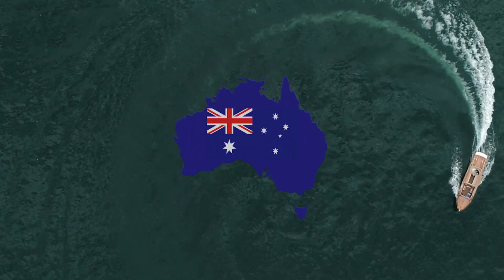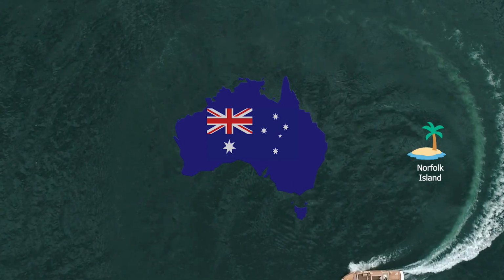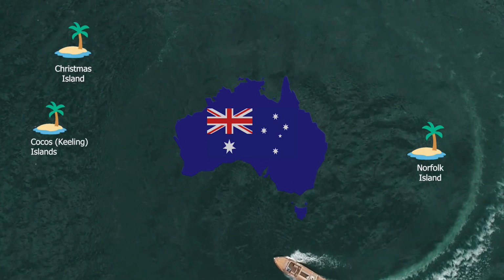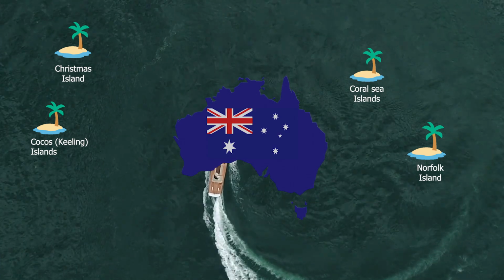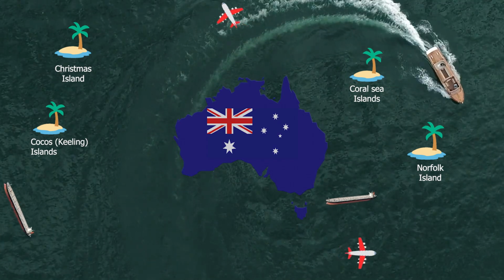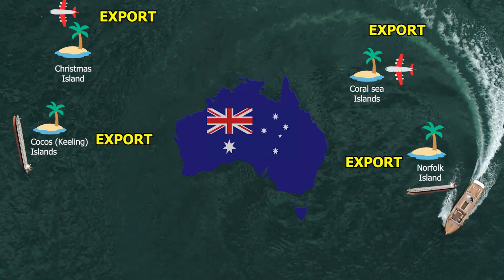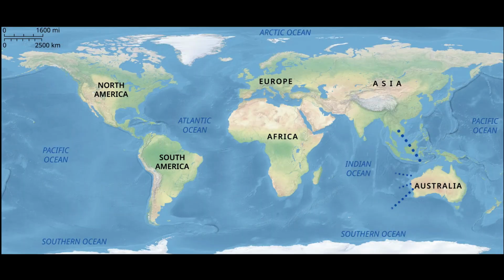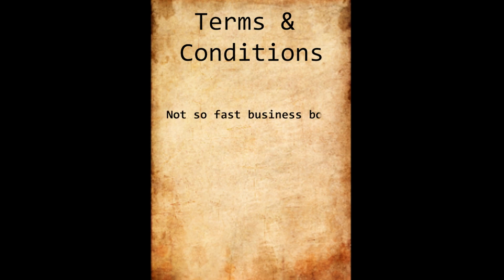So, this is Australia, but there are certain external territories like Norfolk Island, Christmas Island, Cocos Keeling Island, Coral Sea Island, and like, which are Australian territories but not Australia, meaning every time you supply goods or services to those territories from Australia, it will be considered an export. So, generally speaking, goods or services exported out of Australia are GST free, but there is always that but,